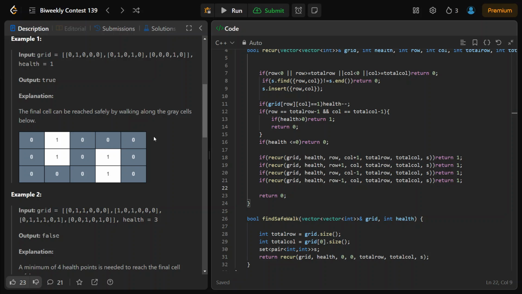At this particular value, total column is equal to column, so it will return zero. So I will move downwards. Again I will move this way, and again this recursion will be called. Again it will receive zero. So again we will move here. So as soon as I basically